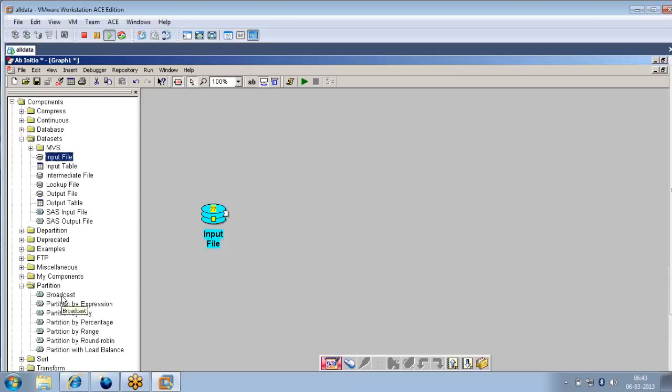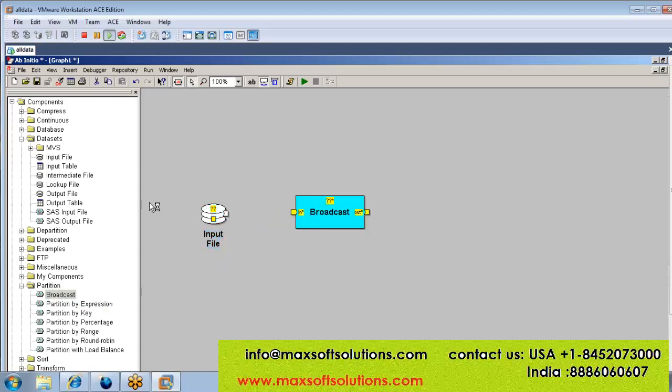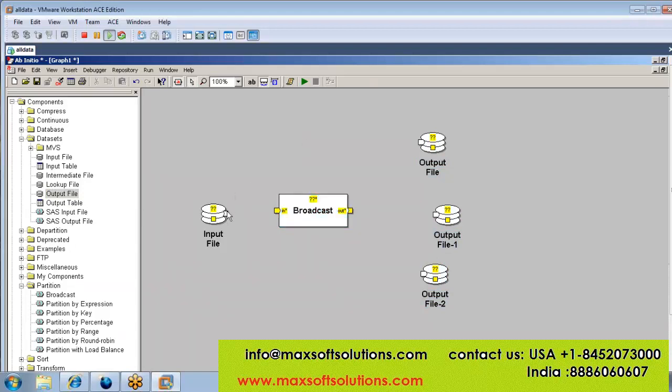First, we must start this partition components. In this one, broadcast. After completion of this partition folder, then we must learn this departition. Then after, start folder components. We have one procedure. If you go like this, then easily we can understand about each component. Few components are interdependent. Due to that reason,